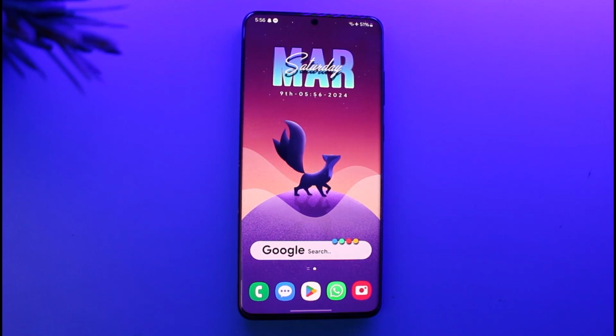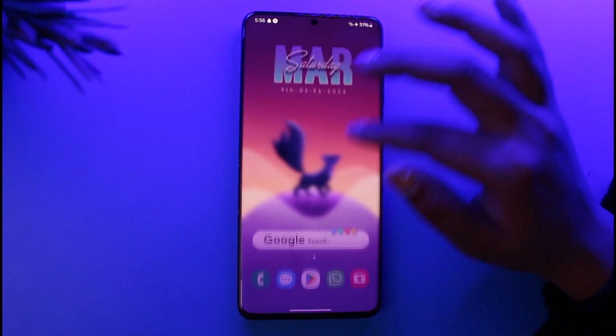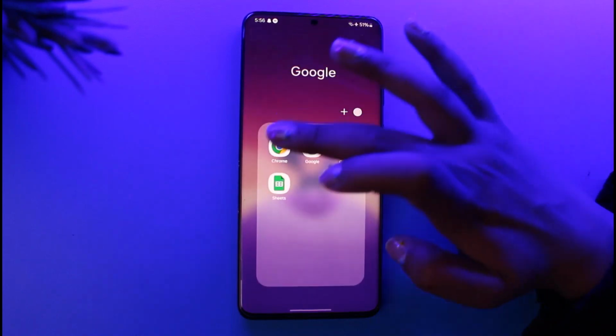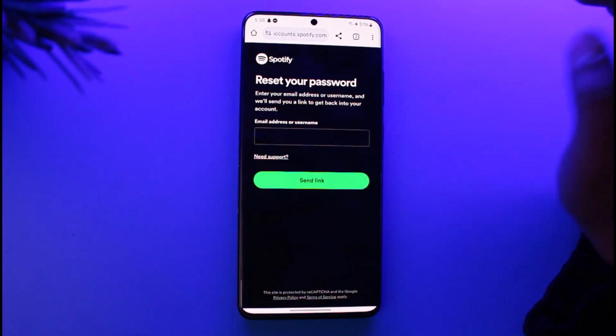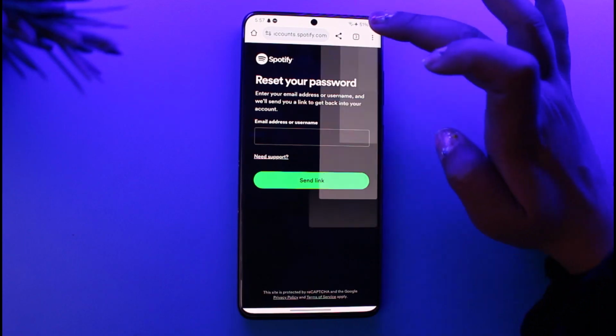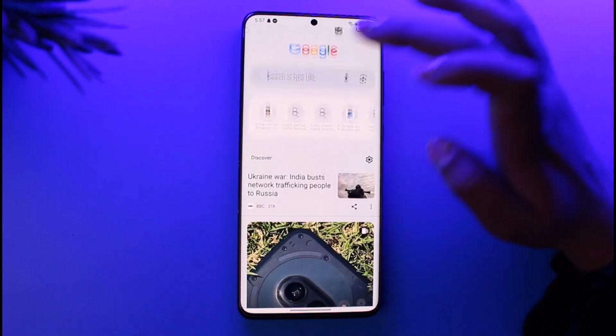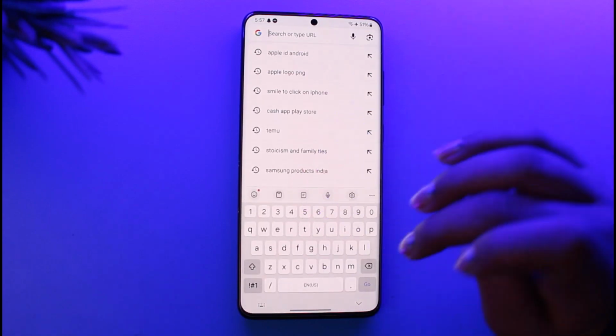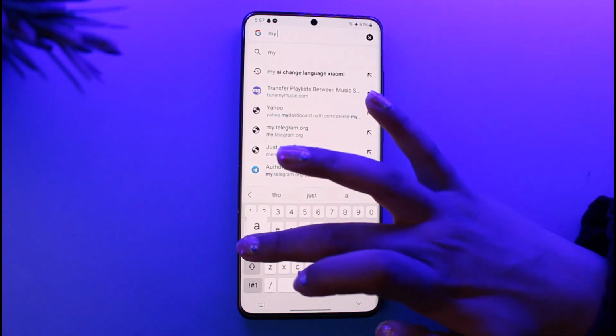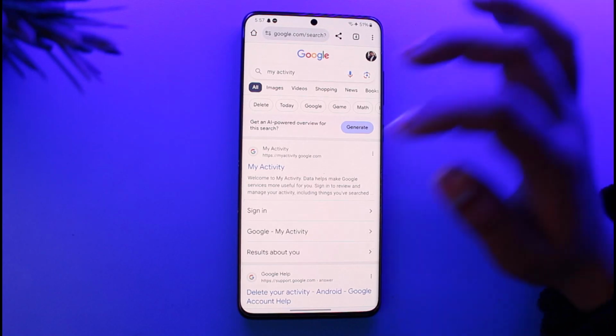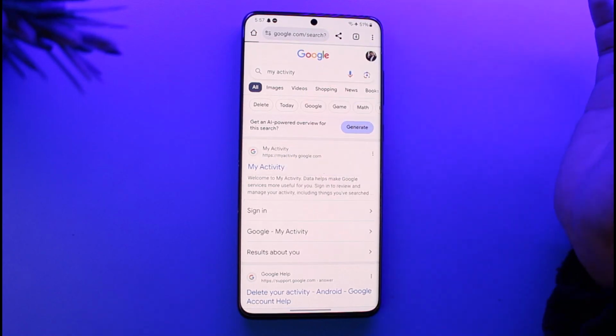Let's get into it. For that, first of all, go ahead, access your Chrome browser. There we go. And once you have done so, let's go ahead, open a new tab, and right over here we're gonna go to the search bar and type in my activity. Search it up, and now go ahead, tap on this Google My Activity on top, and wait for a while till it loads,